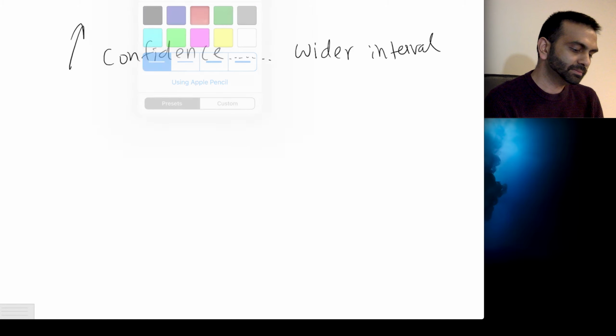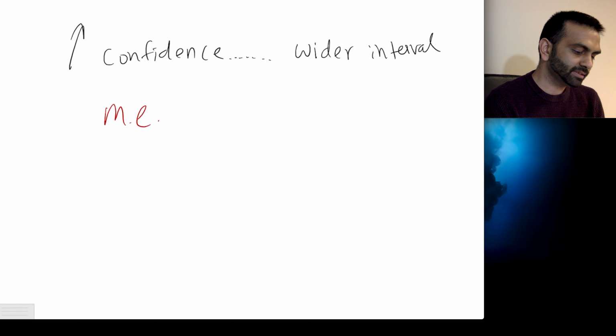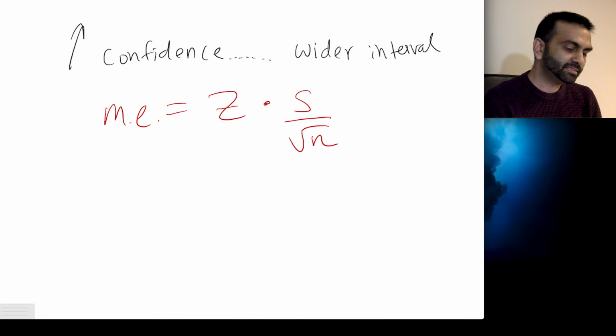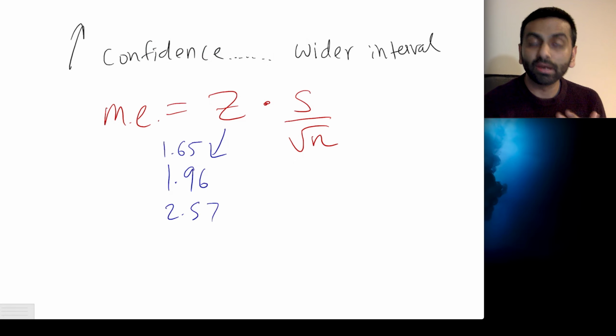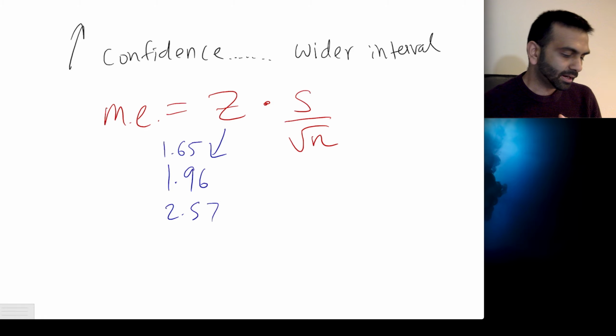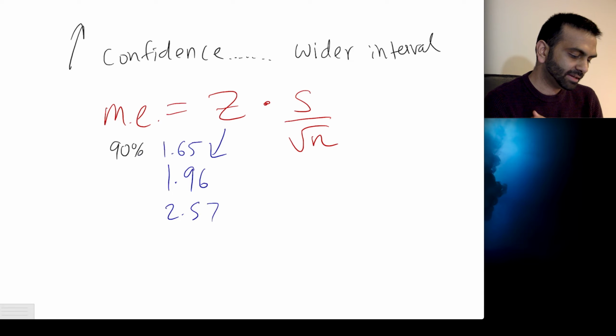So the margin of error is your z times your standard error, and your standard error, remember, is s over root n. And this z specifically is either going to be 1.96, 2.57, or technically 1.65. So it's going to be one of these three numbers based on how confident you want to be, if you want to be 90% confident, 95% confident, or 99%